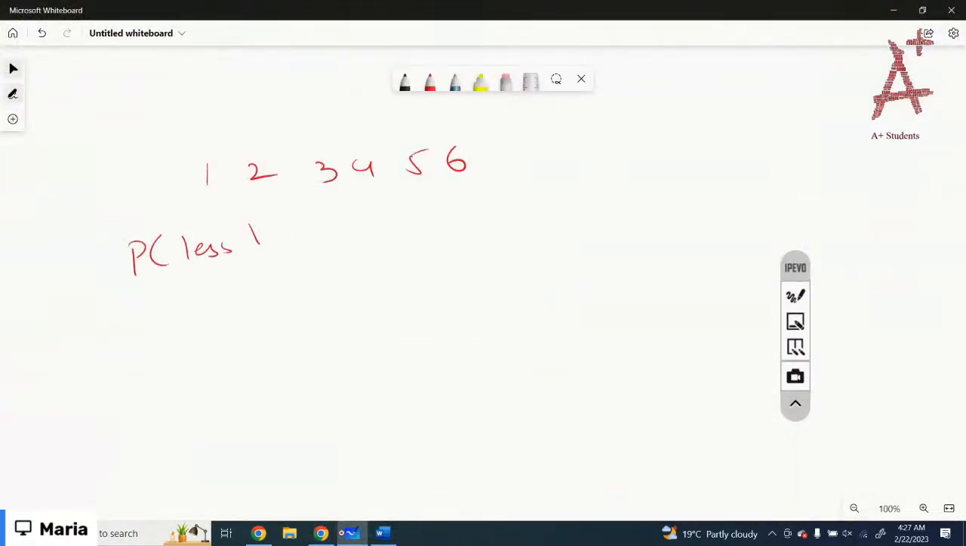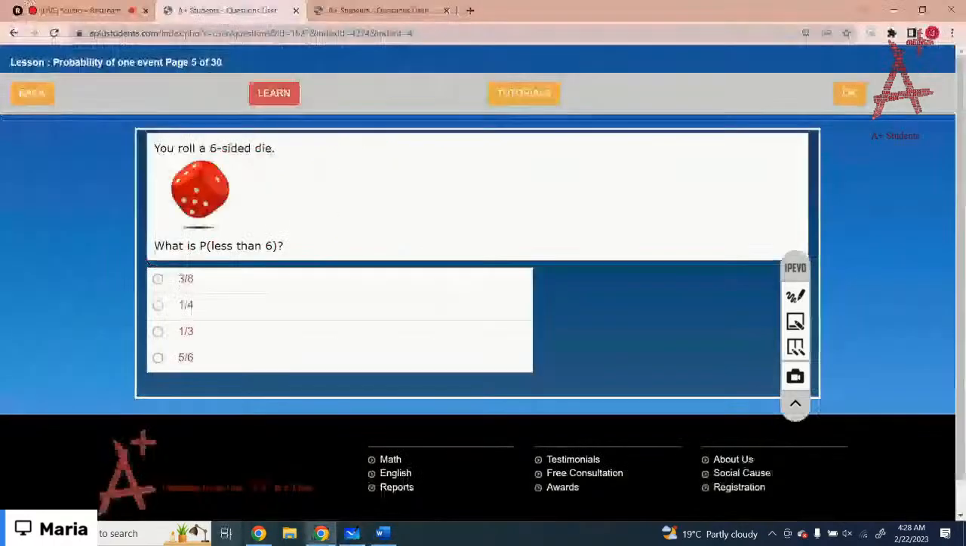So how many numbers are less than 6? 1, 2, 3, 4, 5. Five of the numbers are less than 6, and the total outcomes are 6. Out of the 6, 5 of them are less than 6. So the probability is 5 over 6. Got it? So the correct option is 5 over 6. So just select the correct option, then click on the